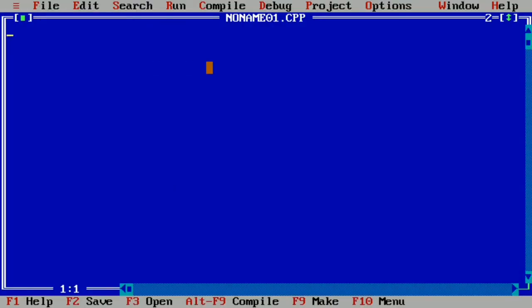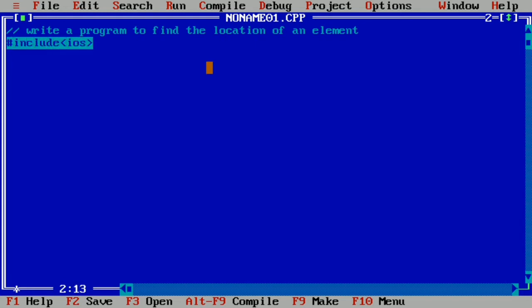Here we will write a single line comment: write a program to find the location of an element. Now let us continue with hash include iostream.h, hash include conio.h.